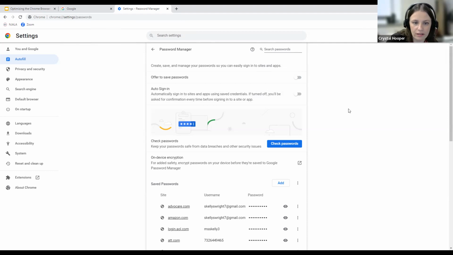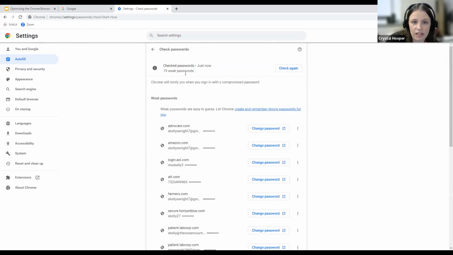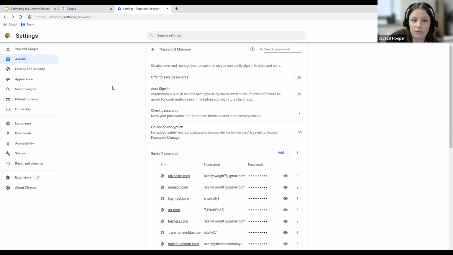So if I want to check passwords, because data breaches are a serious thing, right? You can click on this link. It'll tell you if you have weak passwords or good passwords. So here we had 20 passwords saved. Some of them are weak passwords. That's bad internet hygiene, right? So we could strengthen those, but not all of these are my account. So then I have to go talk to the people I share this account with and say, looks like you did something on our shared account that might not be good,